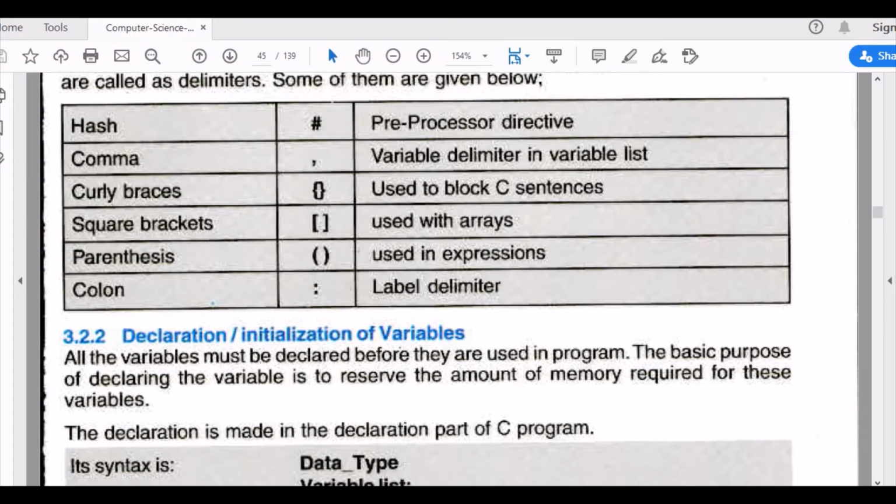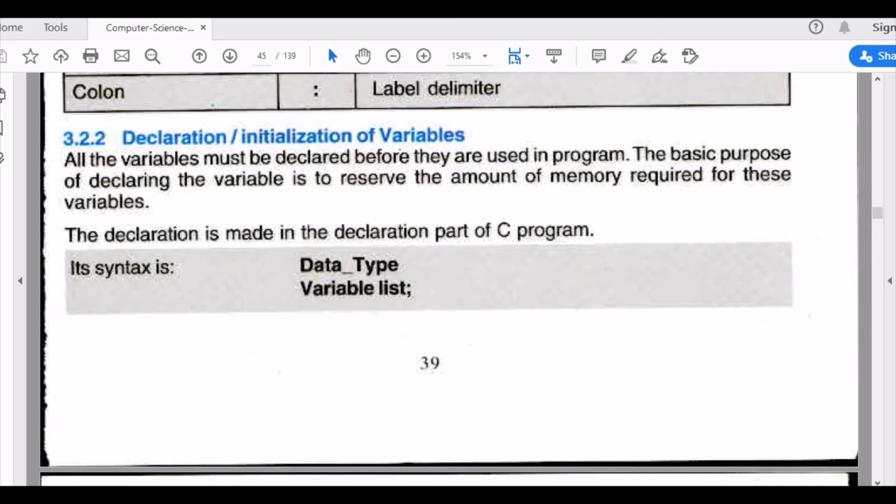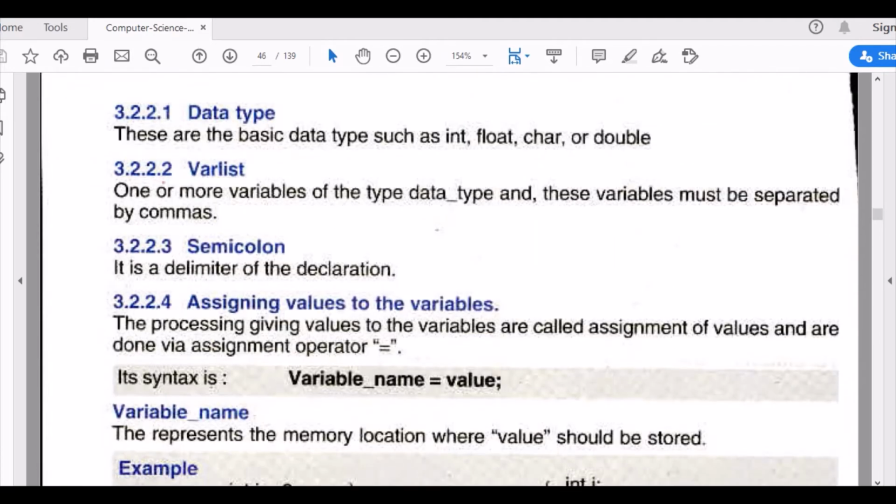Then colon. Declaration or initialization of variables. How do you declare or initialize a variable? You type a data type and then, with a space, you declare your variable. Data type can be integer, float, character or double.